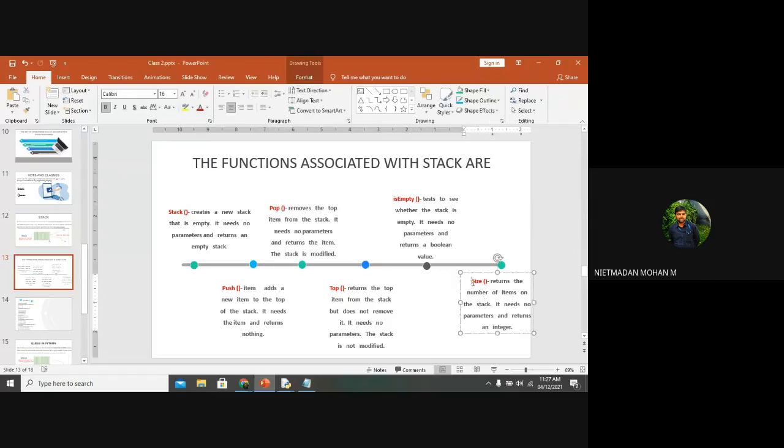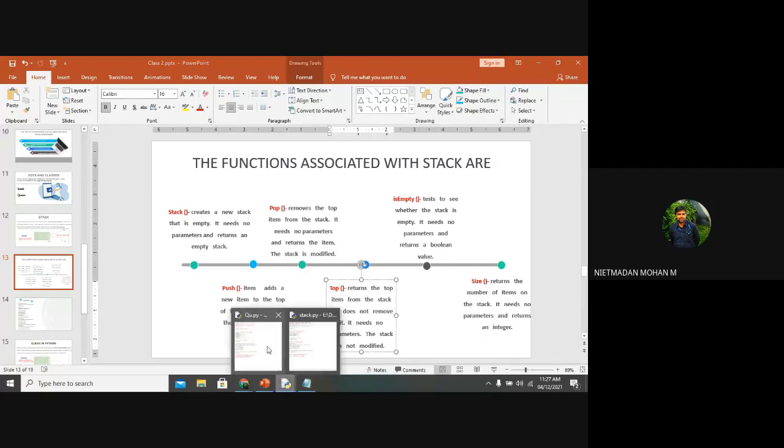So for this, the size of the stack can be viewed in your program, and here you can check whether the stack is empty or not before inserting a new element. Creation of a stack, push, pop, and top are all the basic functions associated with the stack. So don't go in depth about this, and we will go with an example of a stack, then you can get an idea about this.